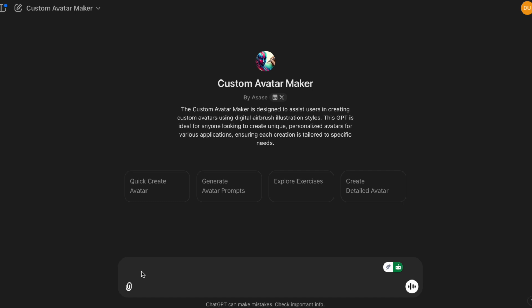Let's get into it. So we have 4 commands: the Quick Create Avatar, generate avatar prompts, and I trained this one to act as a prompt engineer to give you stunning avatar prompts. The Explore Exercises command, this gives you some exercises on how to customize and make different avatars. And the last one is the Create Detail Avatar command, and this one just allows you to get really detailed with your avatar. But for this video, we're going to go with the first command, which is the Quick Create